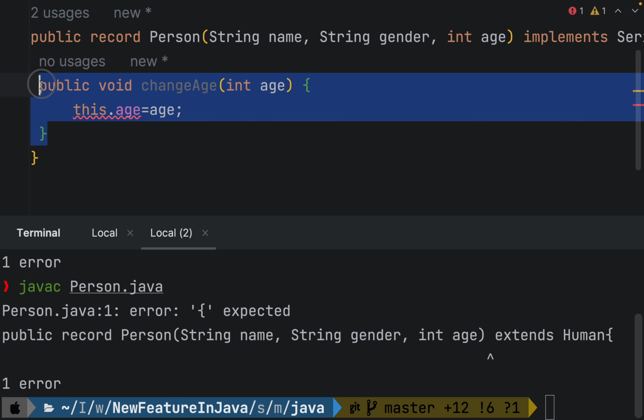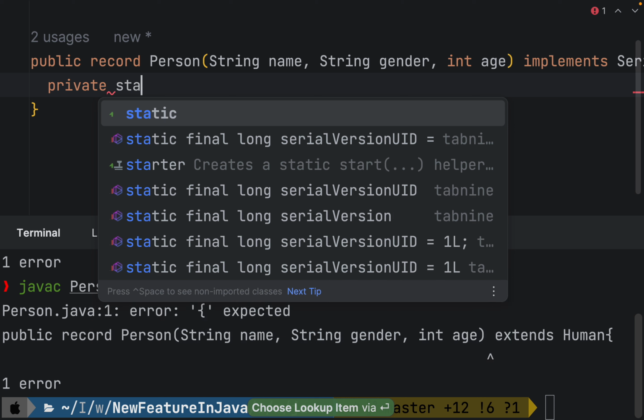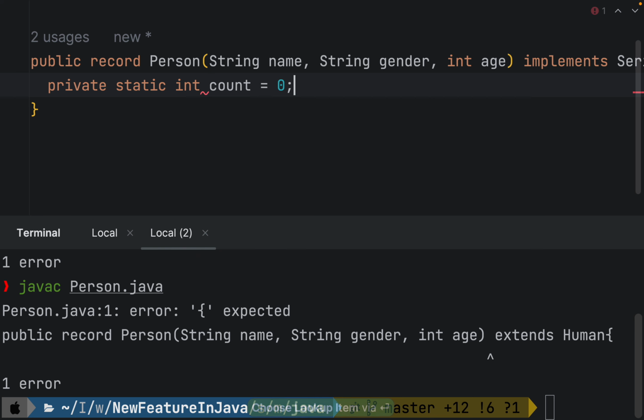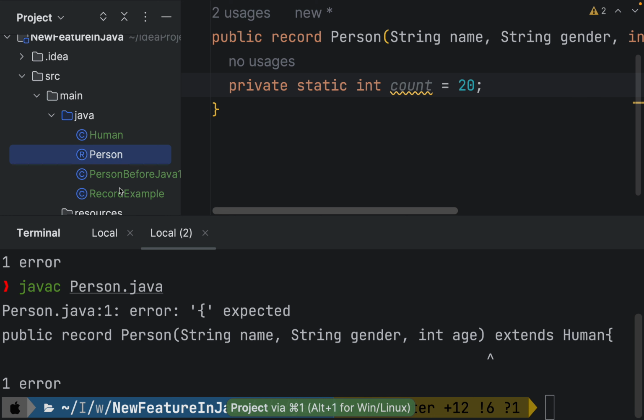For example, I can say private static int count is equal to something, 10 or 20, right? So this is possible. A record can have a static field, that's not a problem. Okay, so that is also fine. And you can use it, just calling Person.count, correct, that's not a problem. So for example, if I want to use this one in our class here,